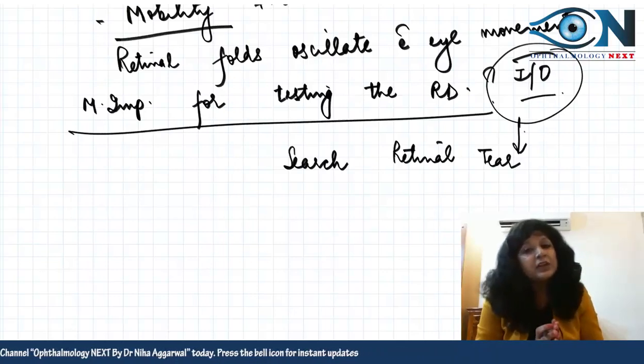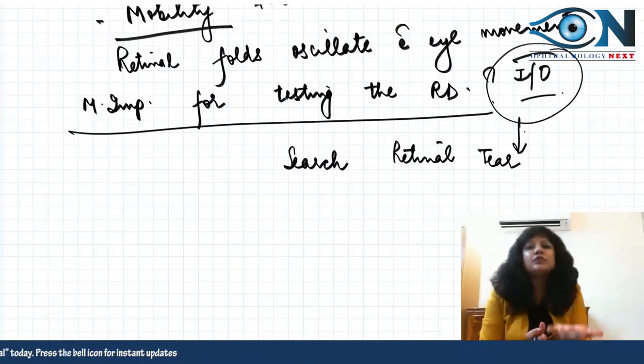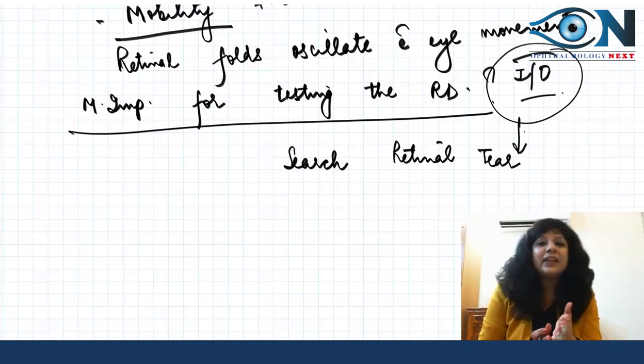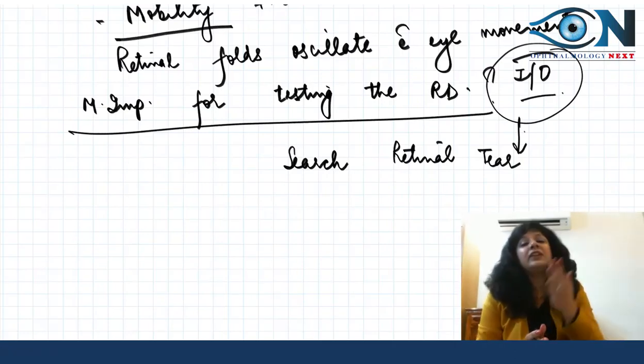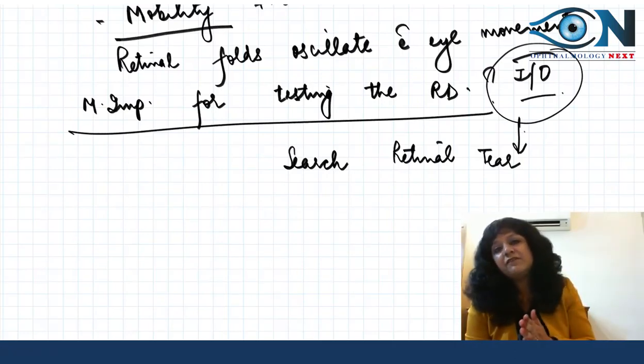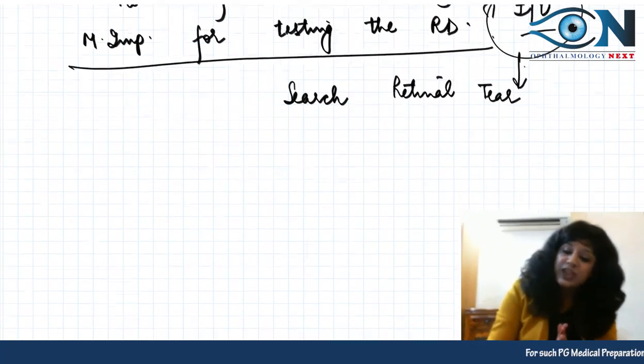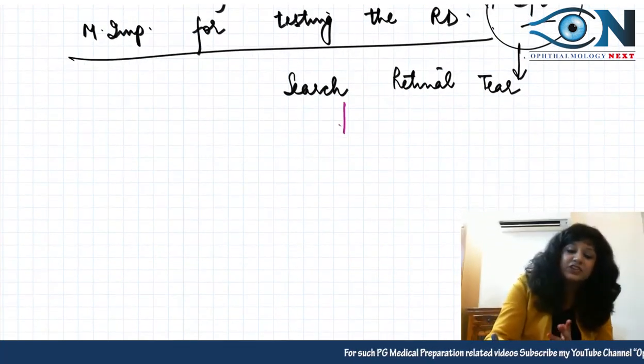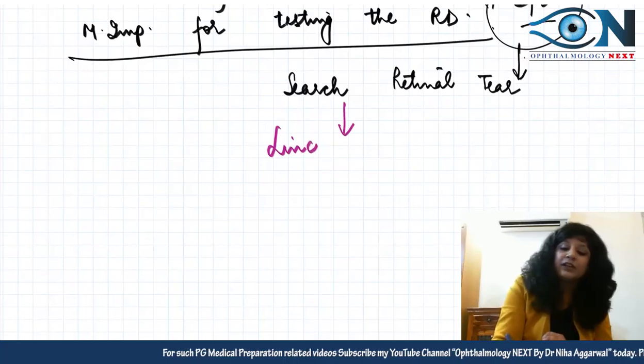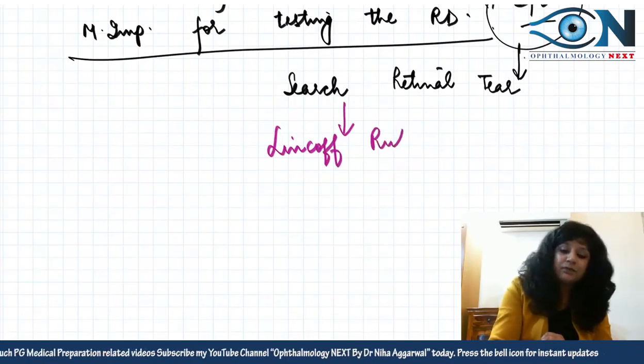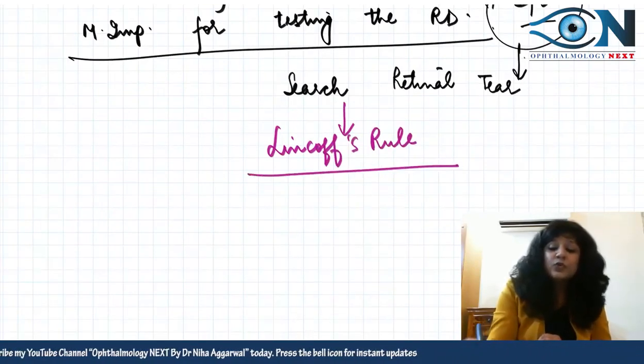But why do I need to search for it? Because I will have to seal it. If you are not sealing it, then the chances of redetachment are very, very high. So how to search for this retinal tear? For searching, another very, very important thing is the Lincoff rule. Now Lincoff's rules are very, very